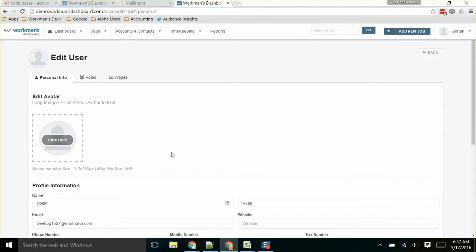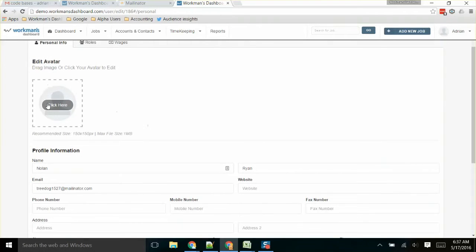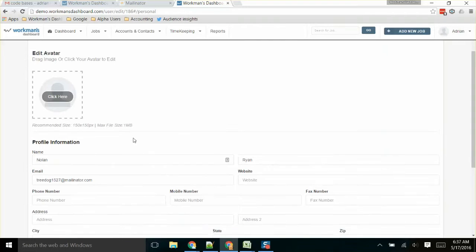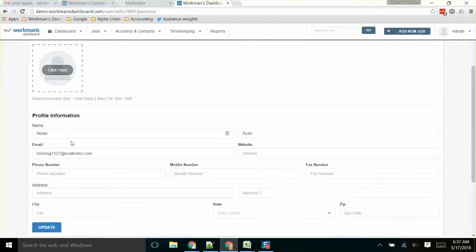Finally, there's some more information that you'll want to enter into Workman's Dashboard, certainly for estimators and project managers. This information will be appearing on the bids, and so to produce a nice professional bid out of Workman's Dashboard, you'll want to probably upload a photograph of the estimator or project manager, and then also complete their profile information,